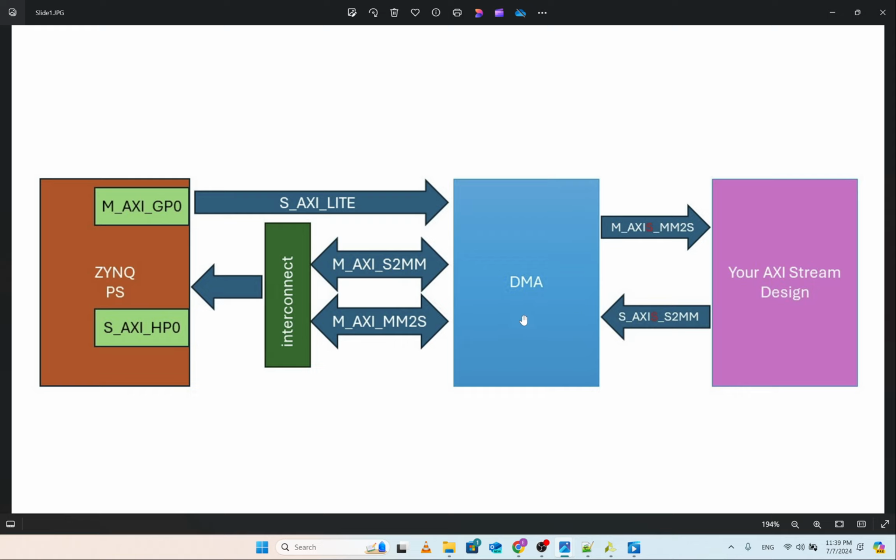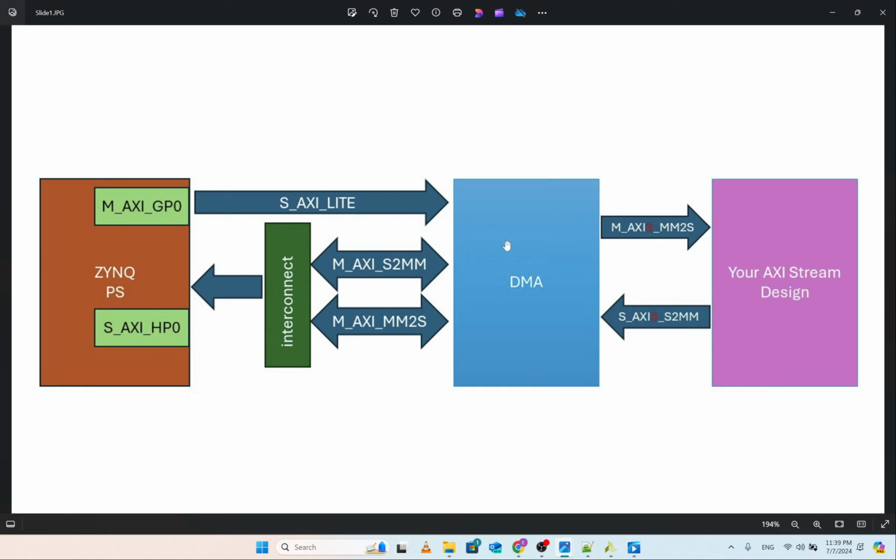This controller is initially set up by the processor. All of its registers and settings are set up using the processor,